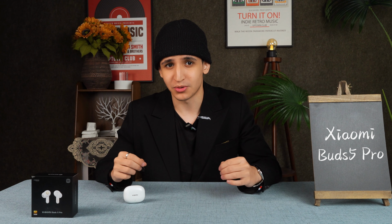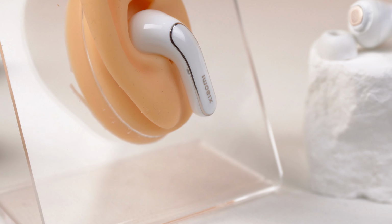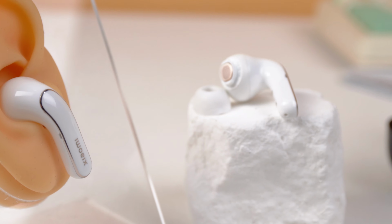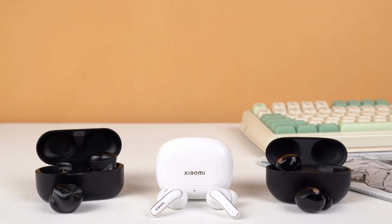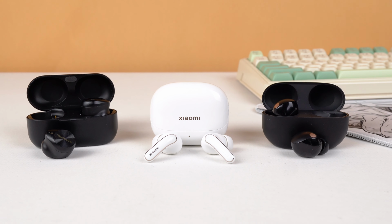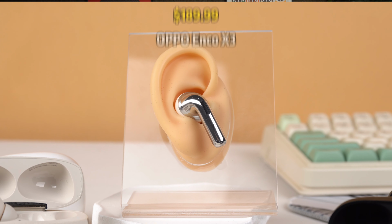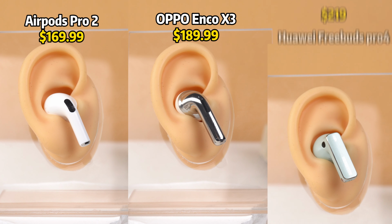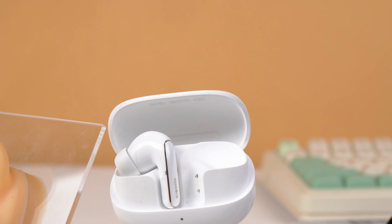In terms of wearing experience, the Xiaomi Buds 5 Pro continues its lightweight design, which performs exceptionally well in sports scenarios, offering a better fit compared to the Sony XM5 and the Technics AZ80. However, when compared to the Oppo Enco X3, AirPods Pro 2, and Huawei FreeBuds Pro 4, there are no